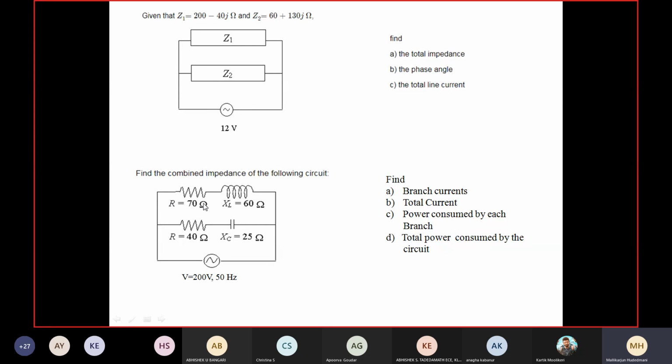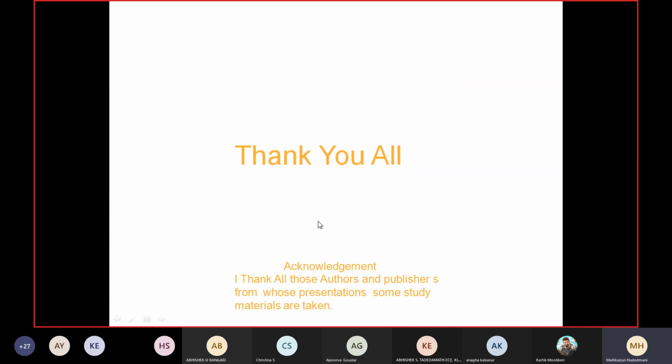For I1, use the cos of the angle of I1. And for I2 also, mention it in polar. Take the cos of the angle of I2, multiplied with the 200. That gives P2. You have two ways to compute power: either the I square R logic or the VI cos phi logic. So that's the total consumed power. So I hope I have given you sufficient instruction for this problem. You are able to do it. Okay. So by this way, we have come to the